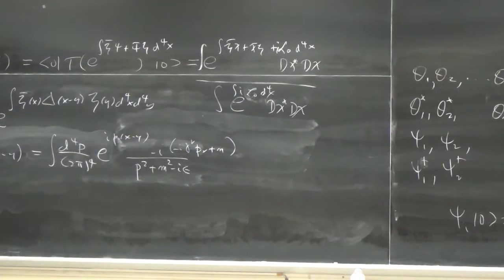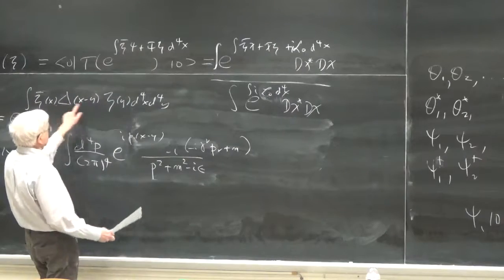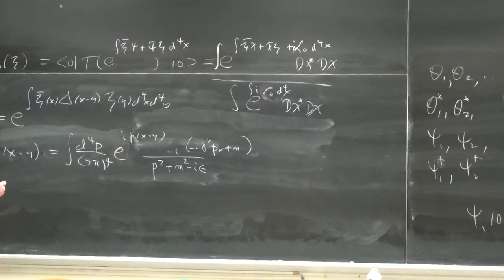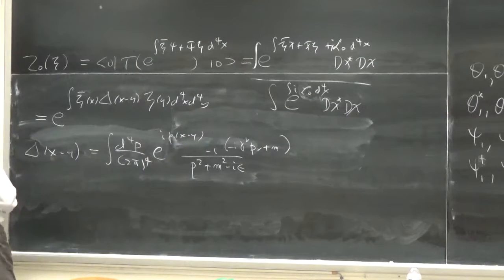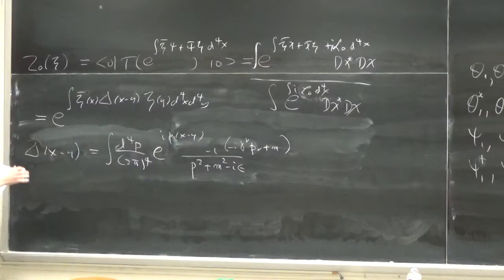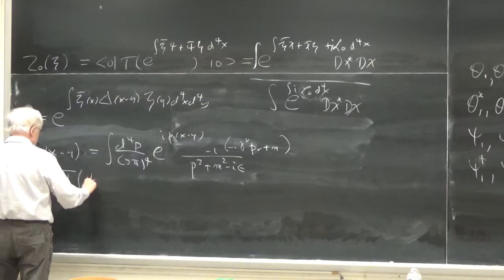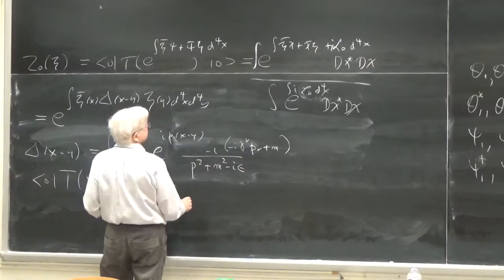Once you get this formula, namely that the mean value in vacuum of this time-ordered product of an exponential is just given by this Grassmann-esque expression, you're then able to derive the two-point function very easily. Namely, you just differentiate with respect to zeta bar and zeta, and then set zeta and zeta bar equal to 0. And what you then get is <0|T ψ(x) ψ̄(y)|0> is,